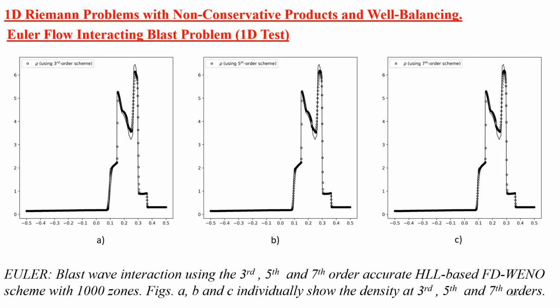We can now go ahead and do one-dimensional Riemann problems to make sure that things are working. And this is the interacting blast wave problem from Woodward and Colella, where you have two very strong blast waves coming in from both sides of this boundary and interacting in the middle, setting up this interesting density structure. And you can see that our third, fifth, and seventh order schemes are matching with the converged